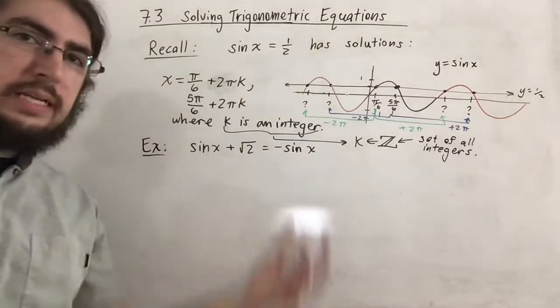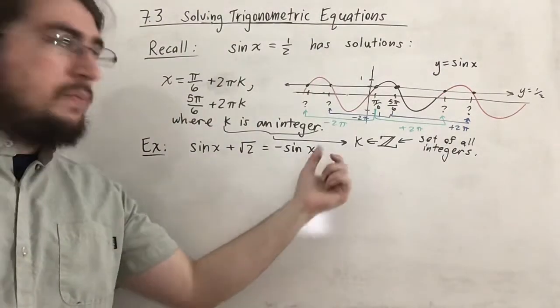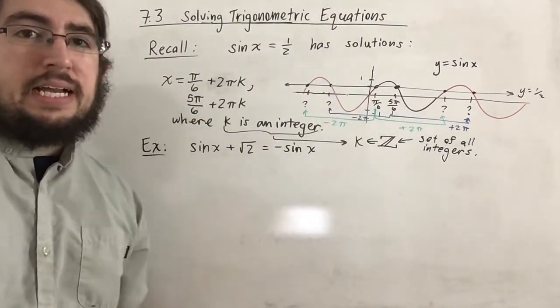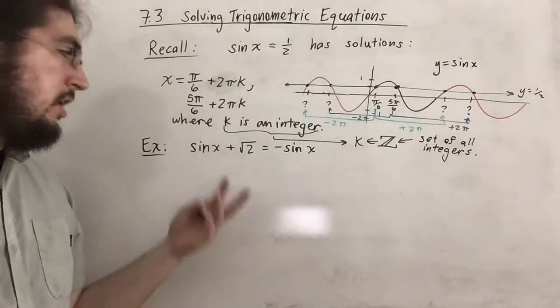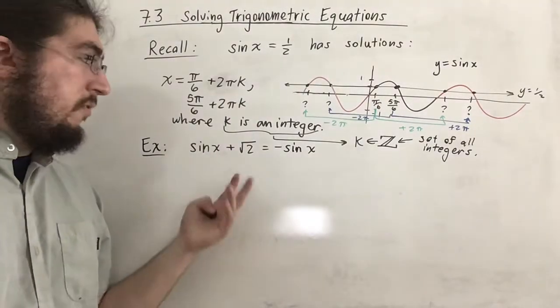So I may use that symbol. And again, the epsilon here just means k is contained in that set. All right. So now moving on to the second example, we're going to solve for x in a similar way,